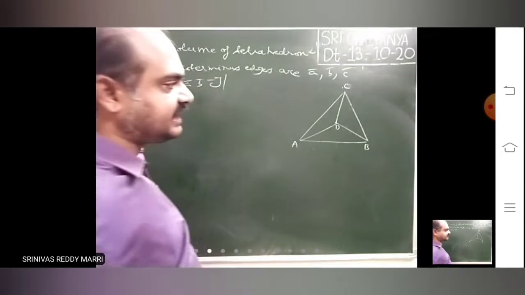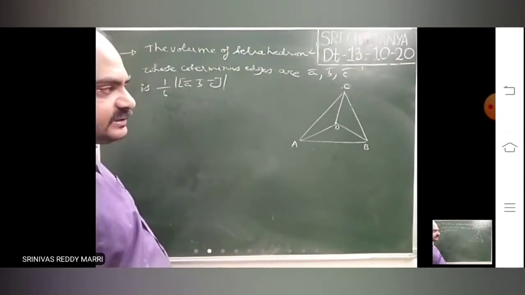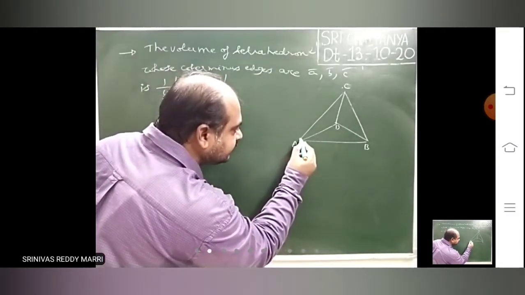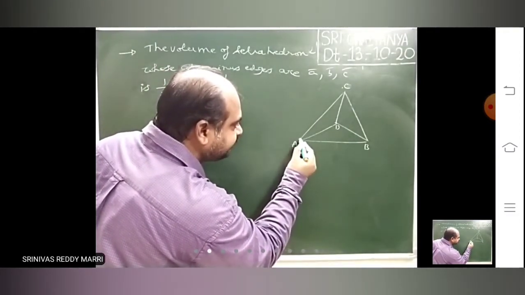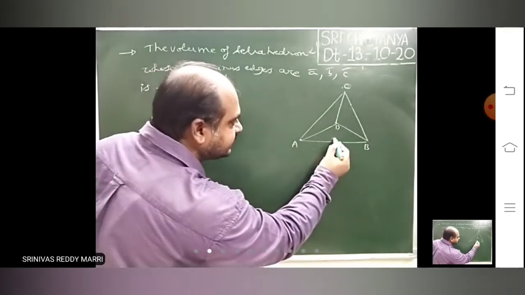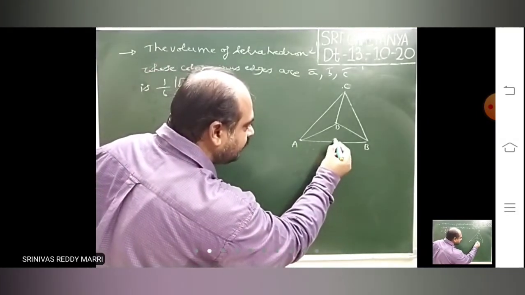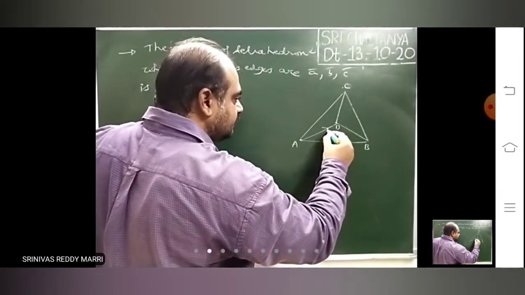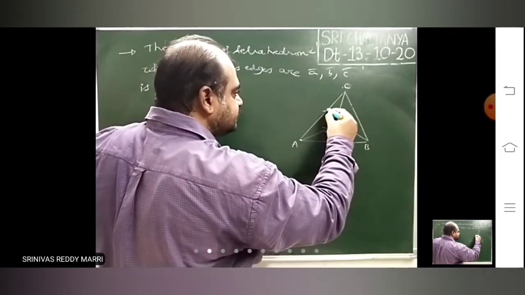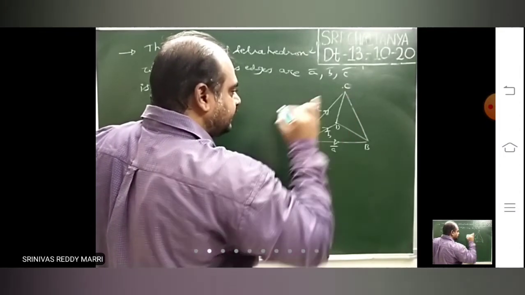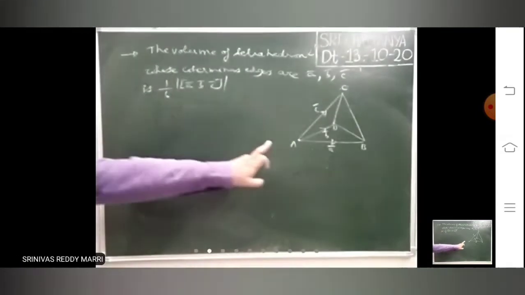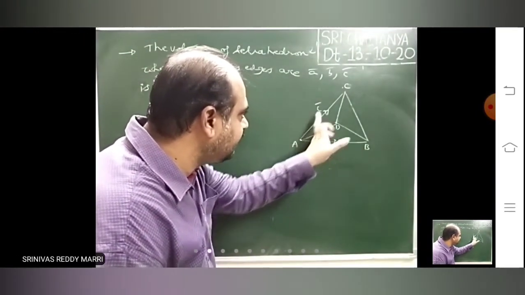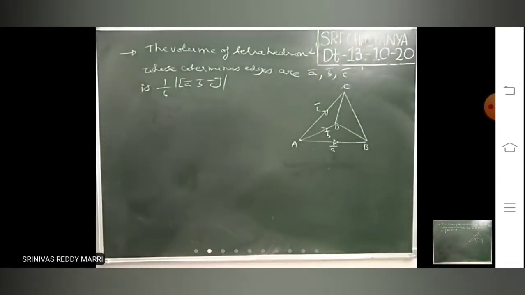Now here four vertices are there. Those are called four corners. Now coterminous edges means three edges passing through a corner are called coterminous edges. That means this is A B bar, A D bar, A C bar. Let us say this is the set of coterminous edges: AB bar, AD bar, AC bar.